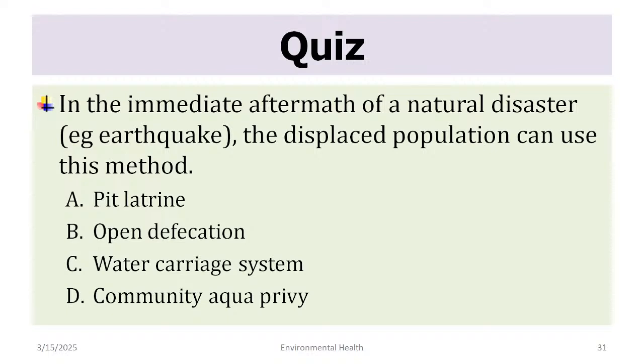Earthquake आ गया, जो existing toilets है वो टूट गए. Sewer line, the pipelines have broken down. What will be done? The best one. Pit latrine, having a pit hole and a pit where the human waste is collected, or simple open defecation, or a water carriage system,